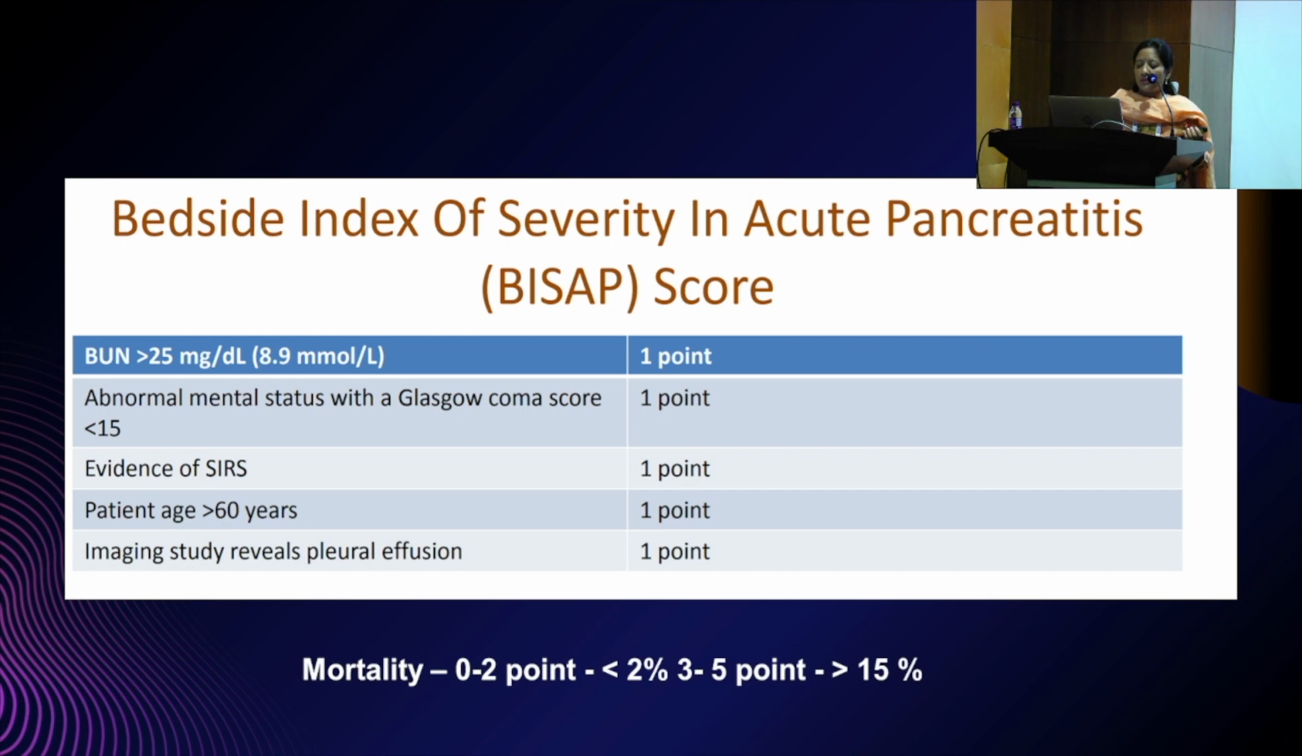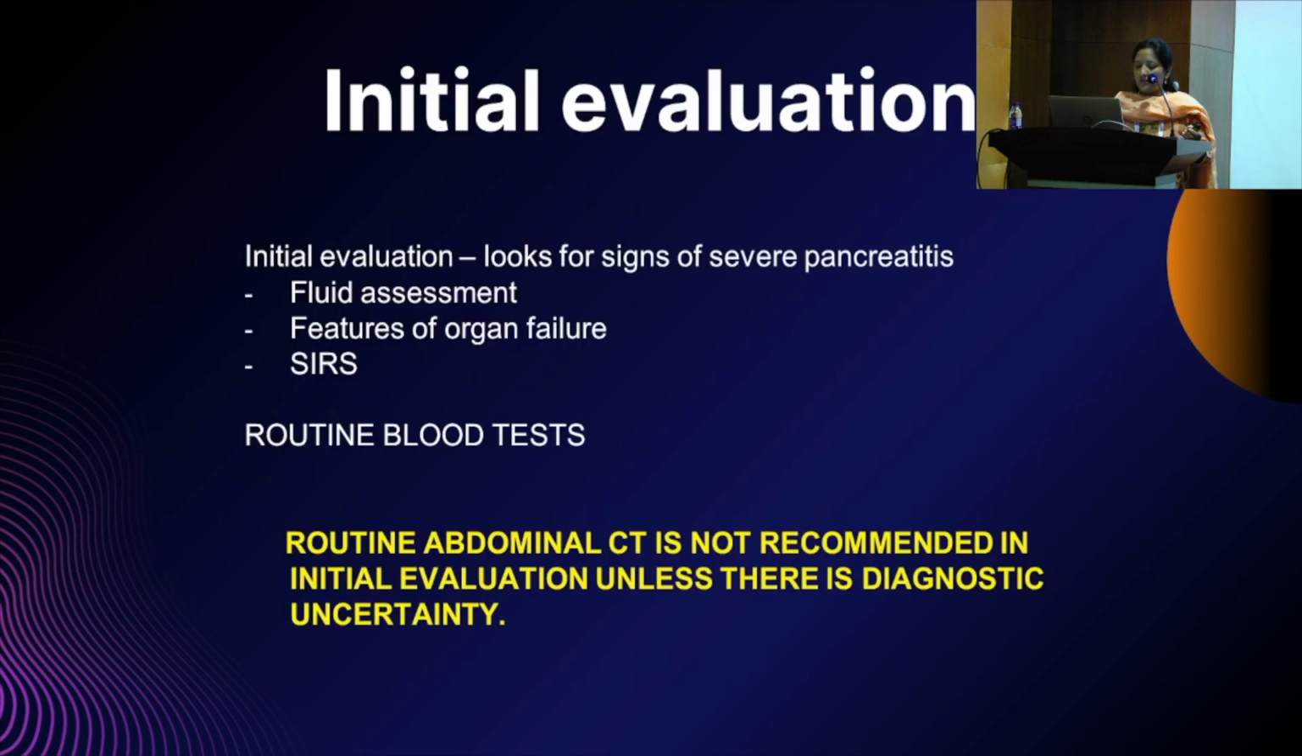A score of more than 2 indicates increased mortality. Anything between 3 to 5 indicates a mortality of around 15%. So it's a simple bedside index which we can use to score the patient and identify the patient who will need more supportive care. So whenever a patient comes to the emergency and we are suspecting pancreatitis,